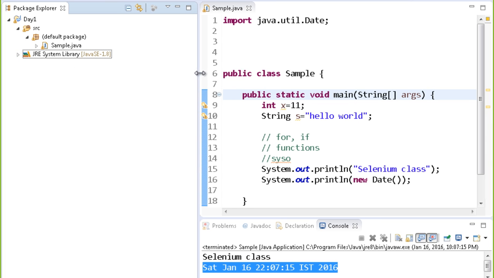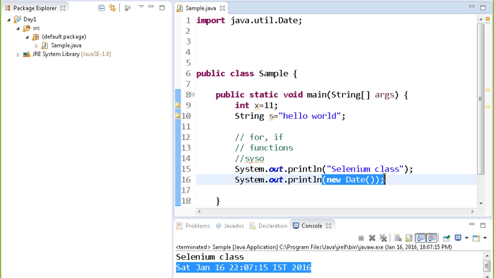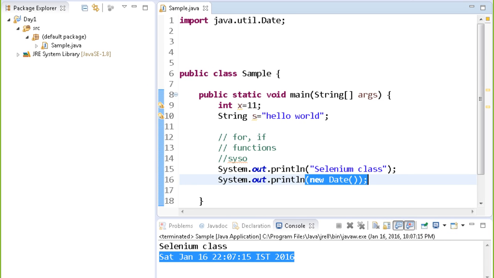Everything in Java starts from objects. Everything, like what I did over here was actually I created the object of the Date class. Now what do you mean by an object? What happens in the memory when you create the object, and how do you use them in Selenium? That's what I'm coming over to right now. But before that, okay, this was the